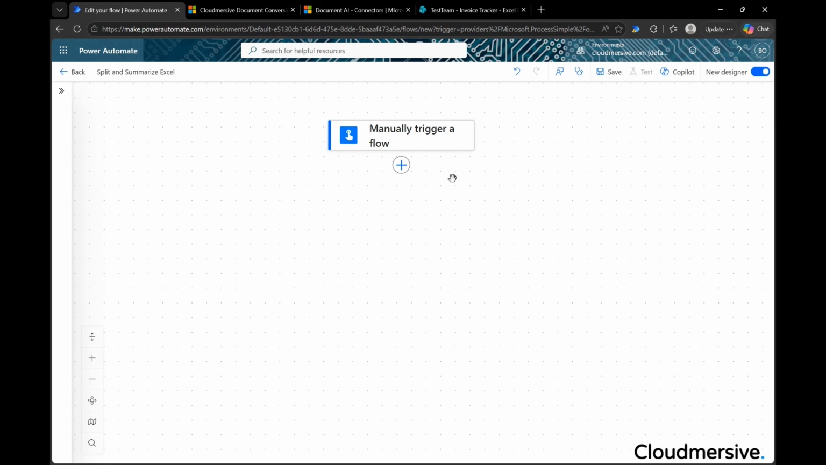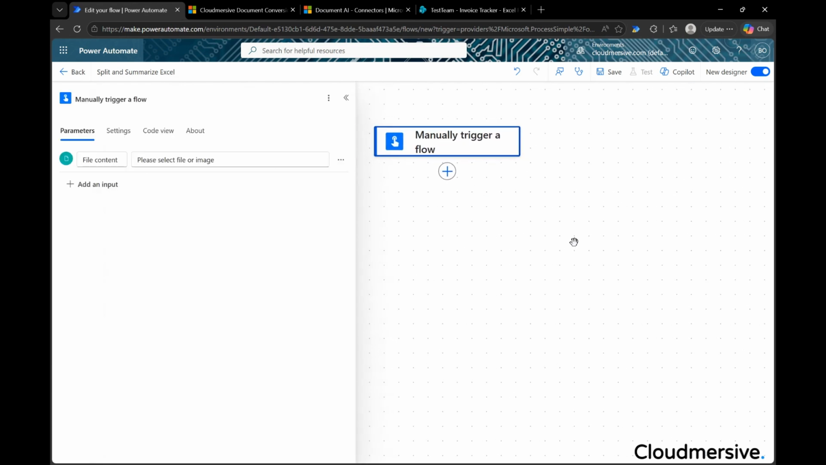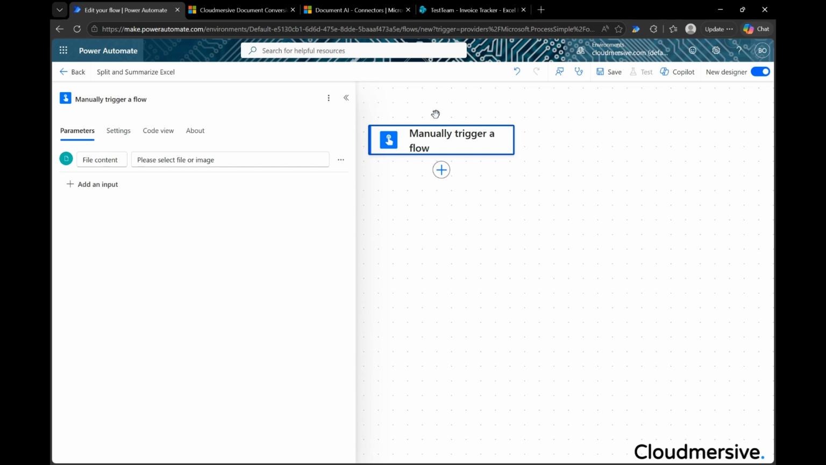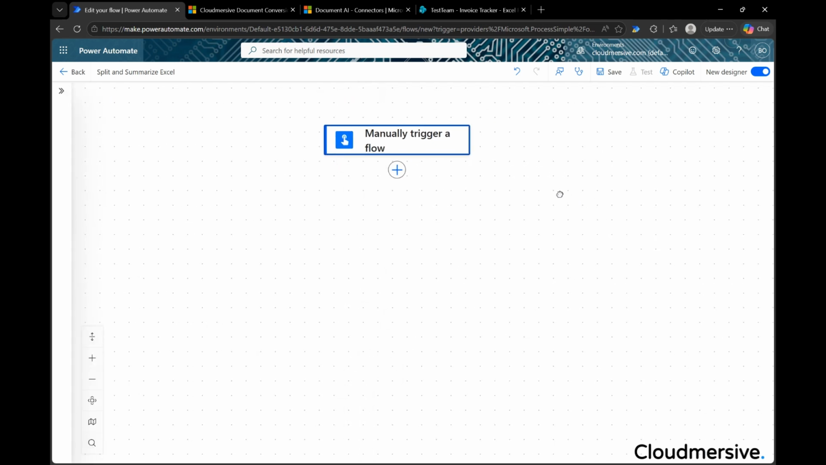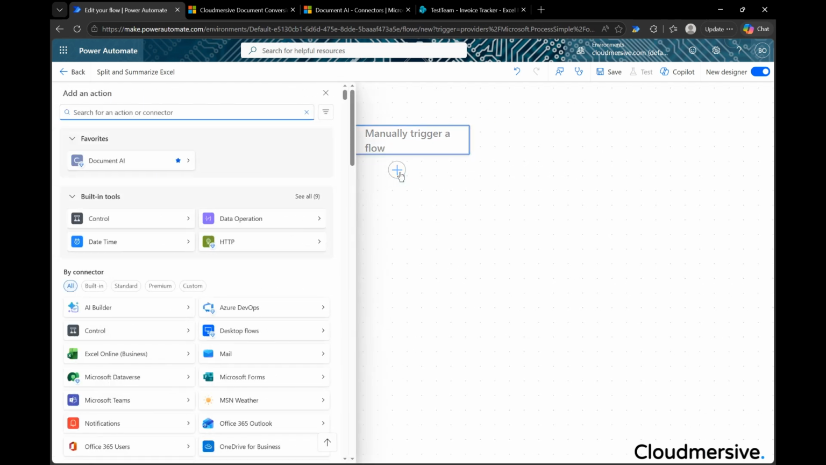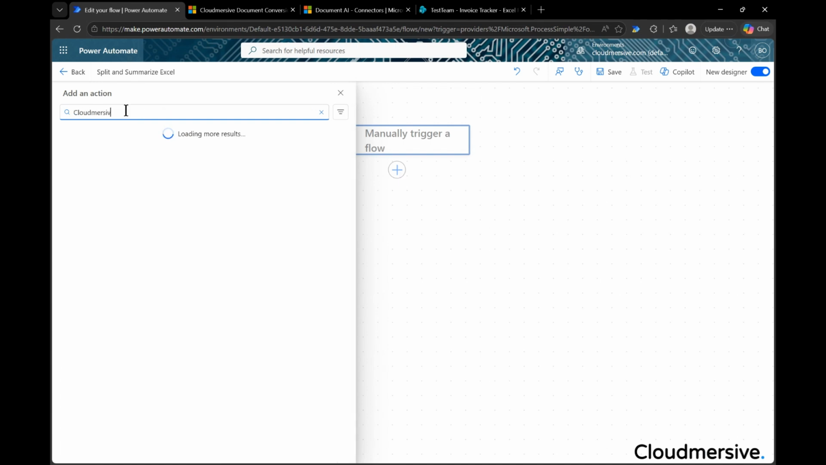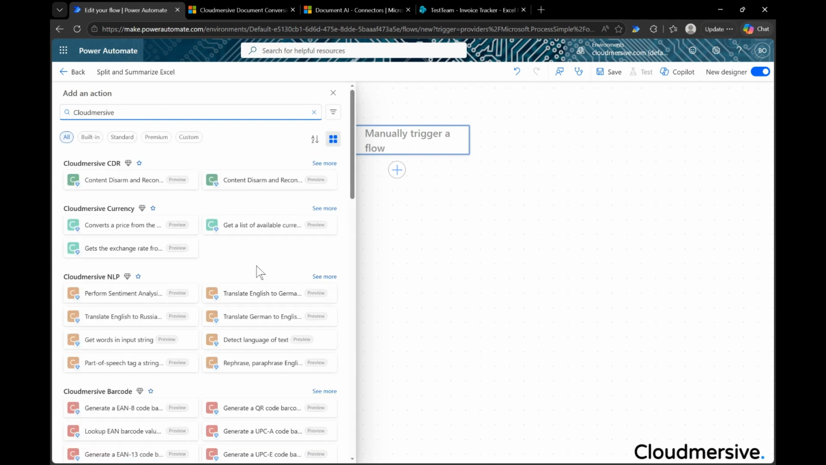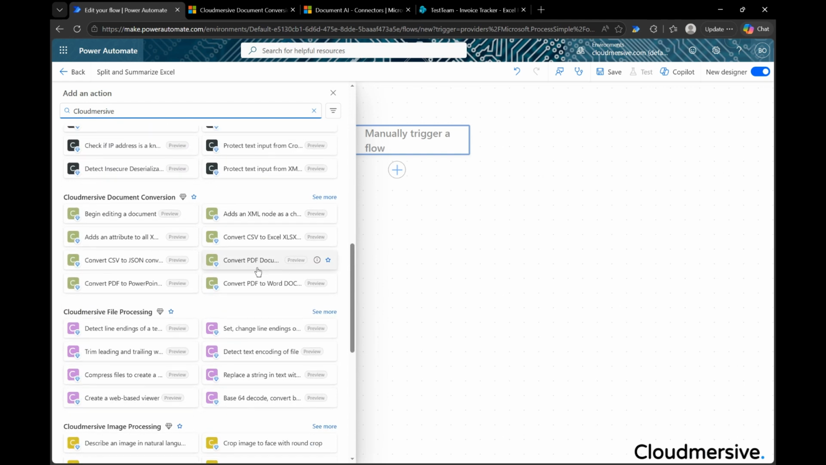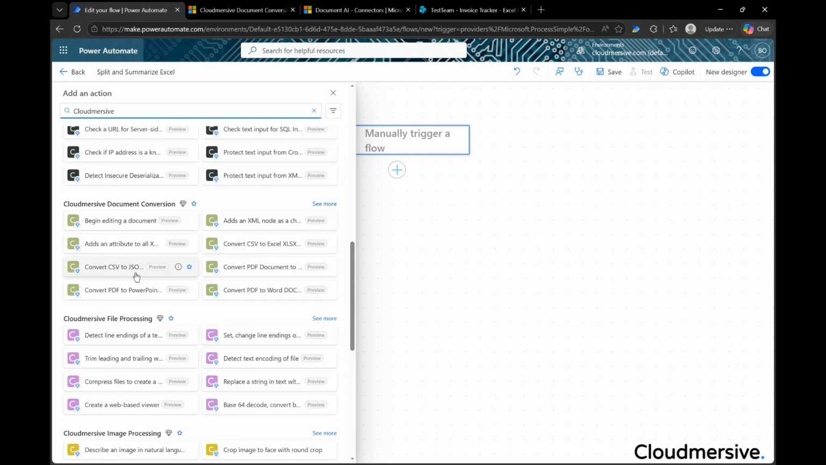We're starting off here with a manually triggered flow that will accept one multi-worksheet Excel document at runtime. We're just using the manual trigger here to simplify our input when we test this flow in a few minutes. Right below this, we'll add our Cloudmersive split Excel action. We can find this by searching the Power Automate library for Cloudmersive connectors, locating the document conversion connector with the green logo,